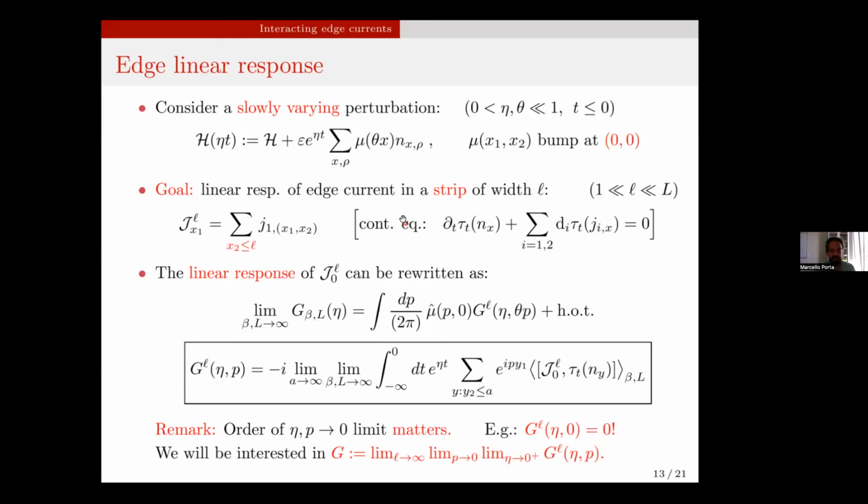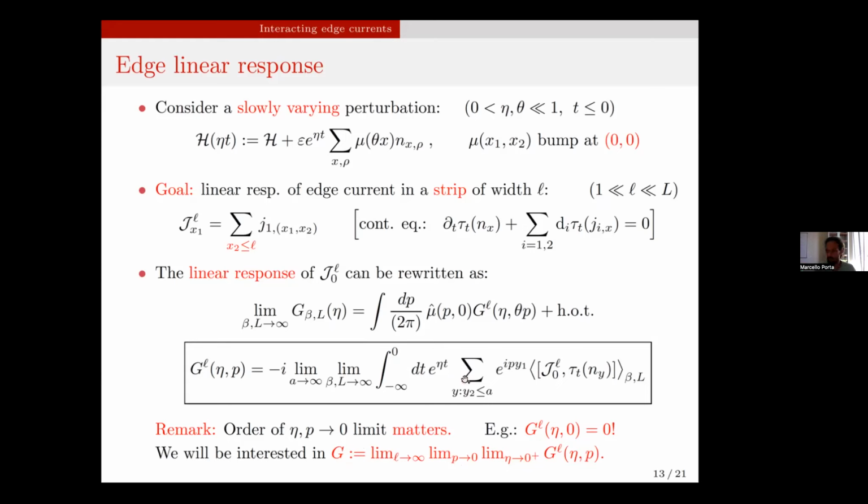If you first take the limit as p goes to 0, then basically it's as if you are looking at the response to a constant perturbation, so the number operator. And of course, the number operator commutes with everything. So in particular, this commutator would be 0. So this response would be trivial if you take p to 0 before eta. So the natural limit to look at is to first make the perturbation static by taking eta to 0 and then making it very slowly varying in space by sending p to 0. So this is going to be my limiting edge transport coefficient.